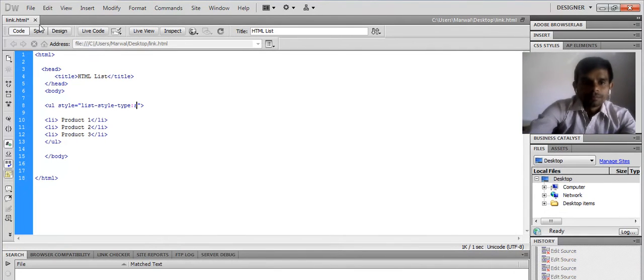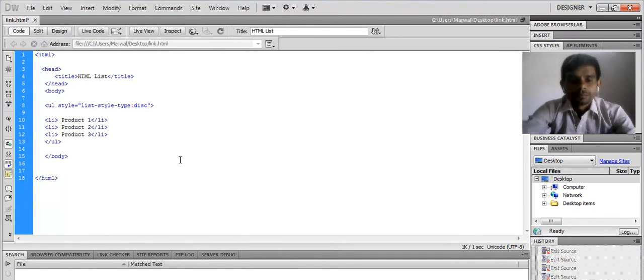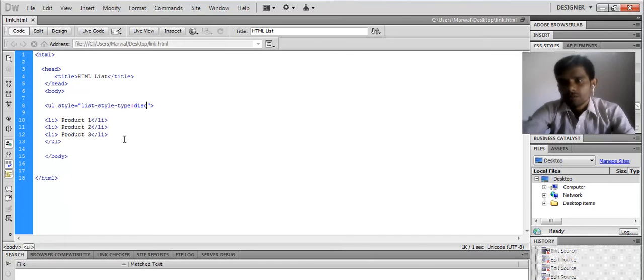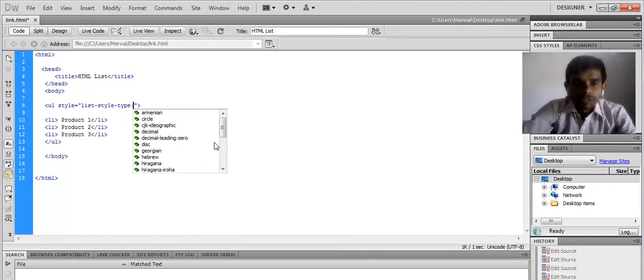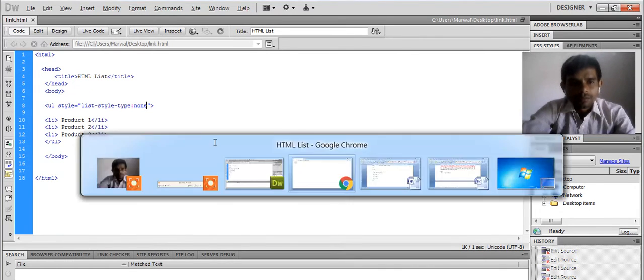If I am using disk, this is used by default. This is the disk form, by default it uses disk. If I don't want to use any type of symbol, I'm using none.